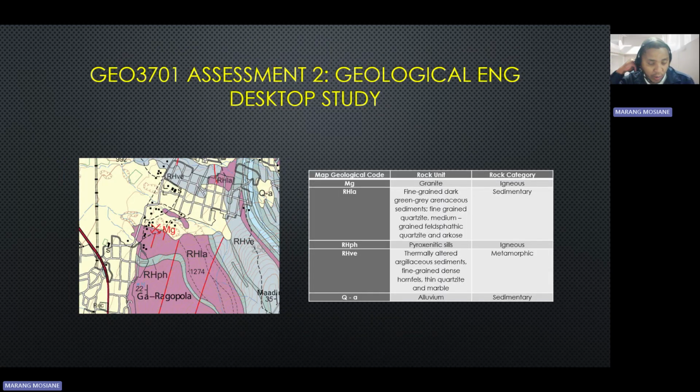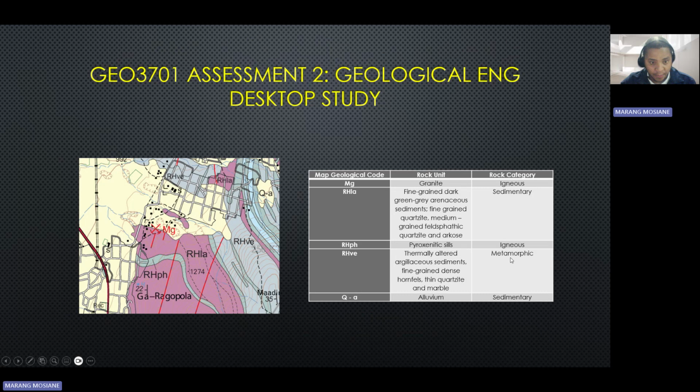Now, in accordance to the rock types that we found from the Council for Geoscience, these are the different rock types that we have. All right, in that particular area, our dam is on this area, our reservoir is there. Now, as you can see, in accordance to the code, the RHLA, that's the type of rock type that we find where the dam is supposed to be situated, together with the granite, and then the reservoir as well,